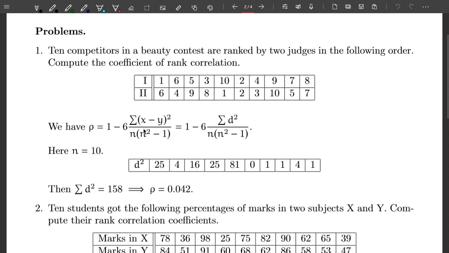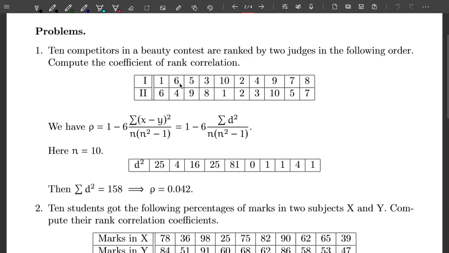So first we calculate d². What is d² equal to? That is equal to summation of (x − y)². Let these be the values of x and let these be the values of y. So (x − y)² should be calculated for every value over here. Let's take the first case, that is 1 minus 6, that is −5. If you square it, you get +25. So the first value taken by d² is 25.